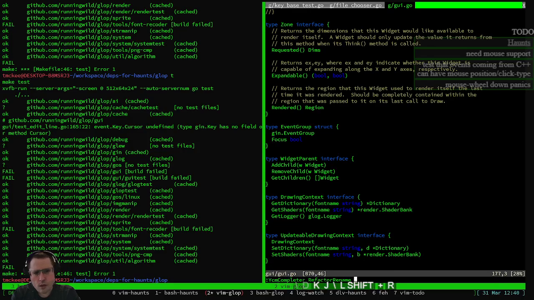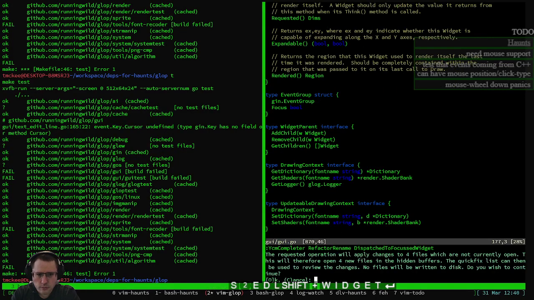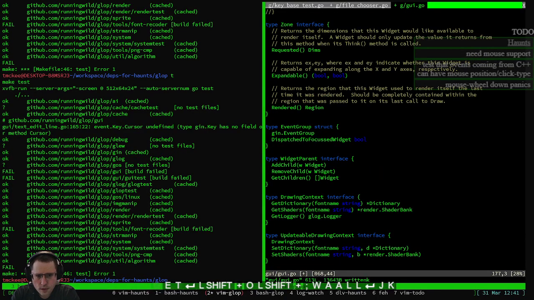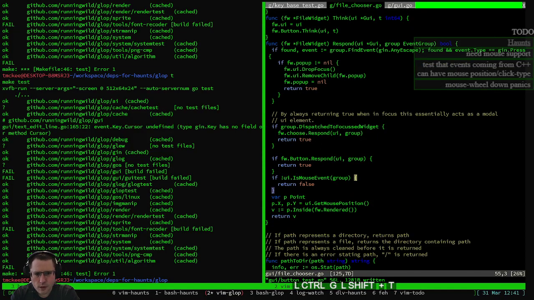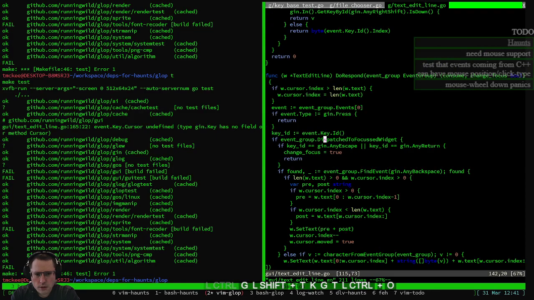This is a dispatched to focused widget. Right? So if event group dot dispatch to focus widget